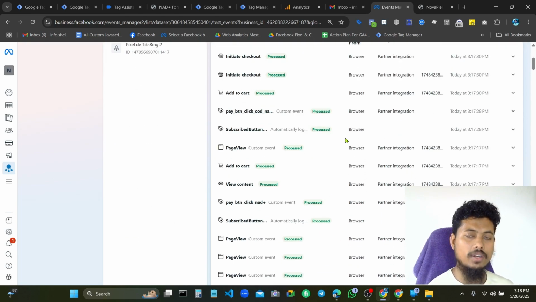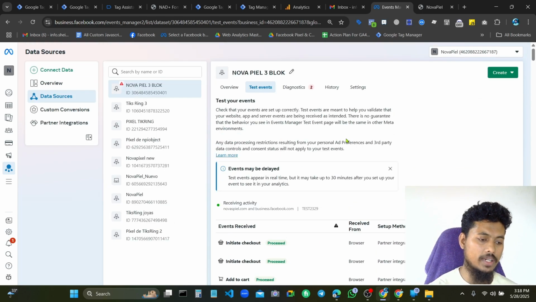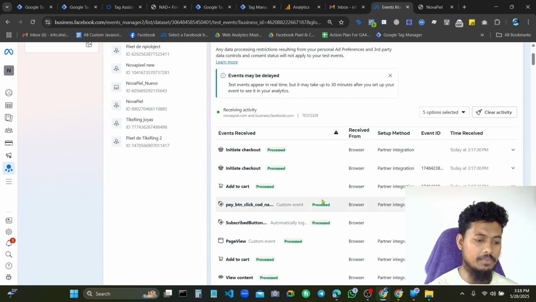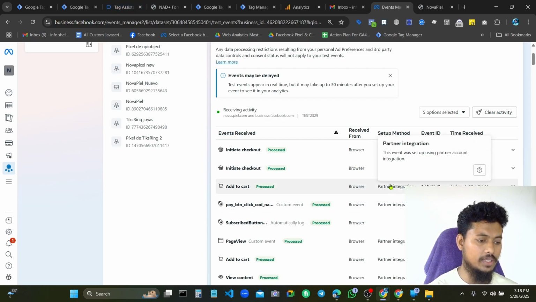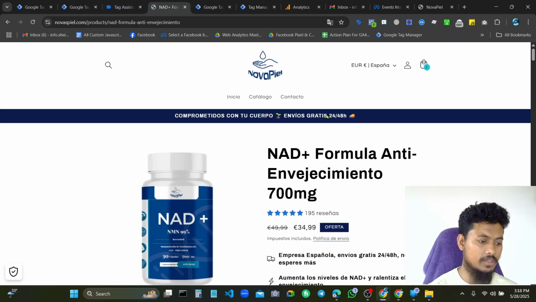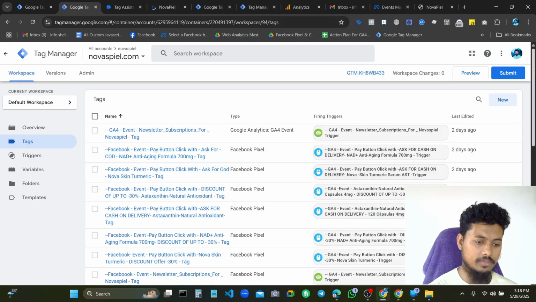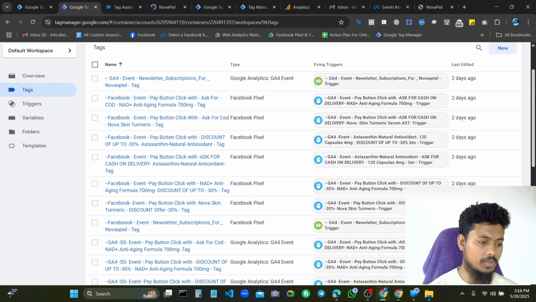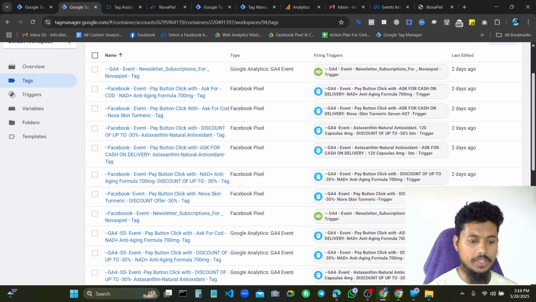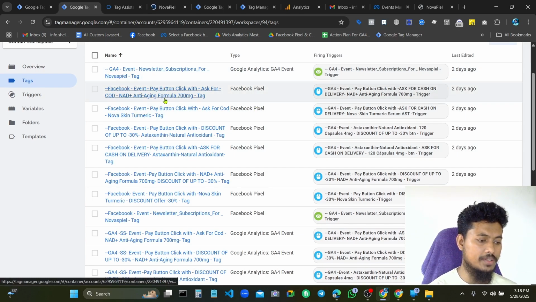So our requirement is already done, and this is how you can create this button click tracking. This is the mechanism: you can see each product has two individual events, one for the up to 30% button and one for cash on delivery.